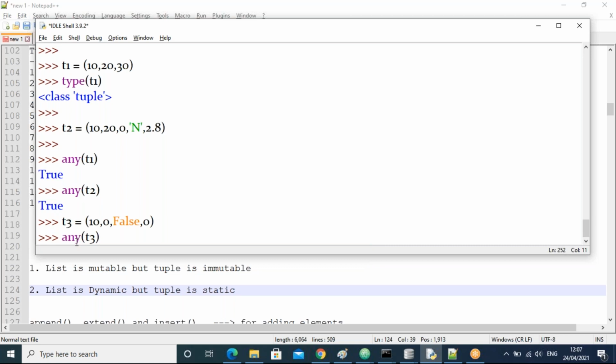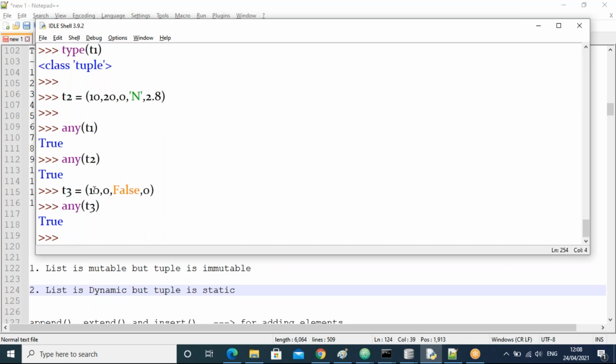Yes, it's true. Why? In this tuple, one element is non-zero. If at least one non-zero is there, it is true, right?